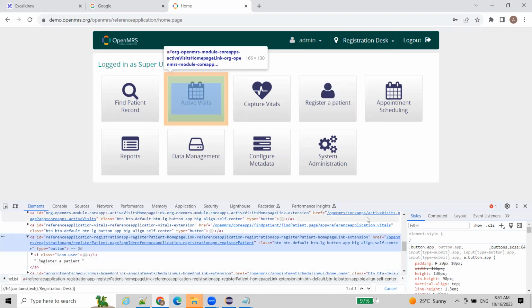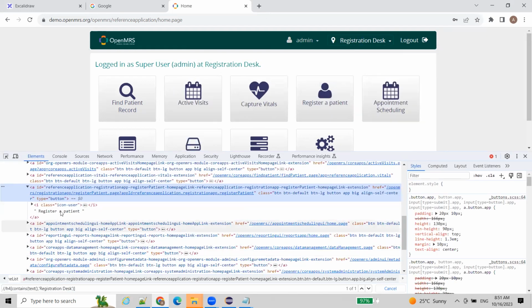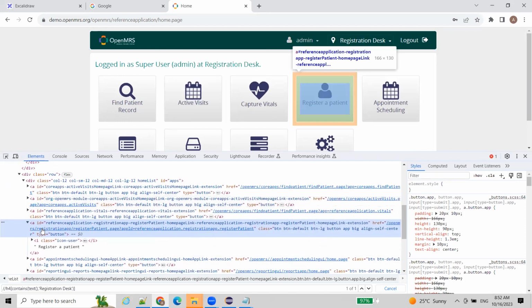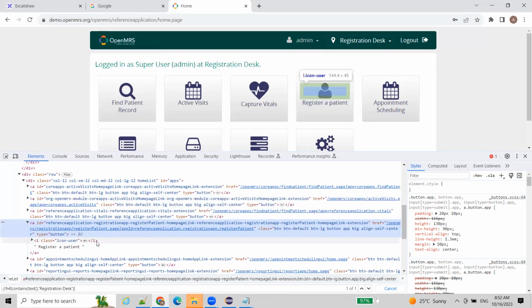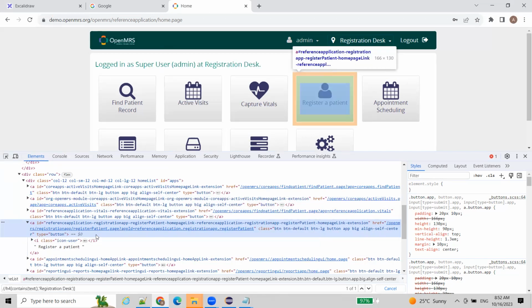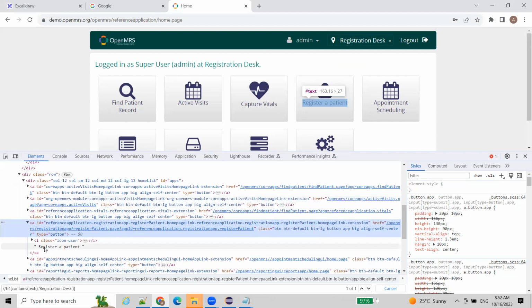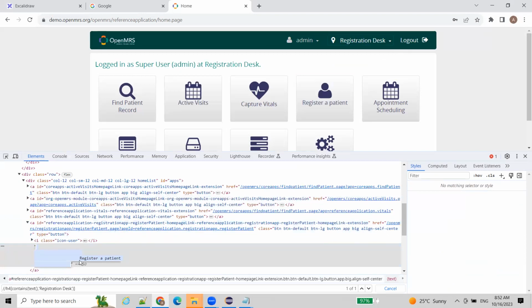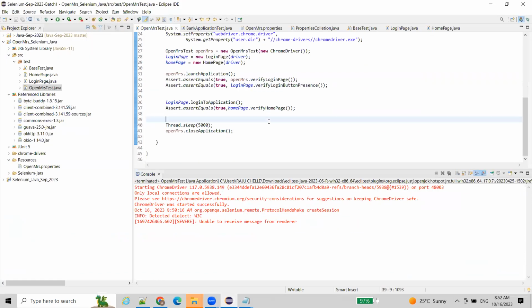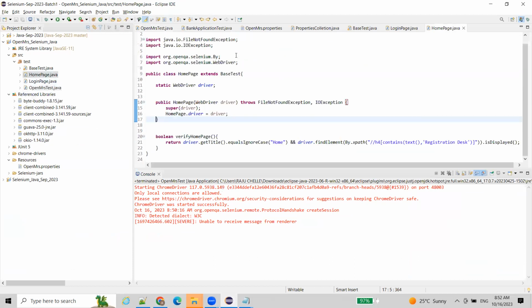So this is the DOM structure, document structure. Okay, this one is an anchor tag. Whenever the anchor tag link is holding some text, we can directly identify the element with link text or partial link text. So in this case, can we identify with partial link text or link text? Okay, so let me try. Register a patient. You might feel that it is a link. Okay, so then in home page, what I do is,